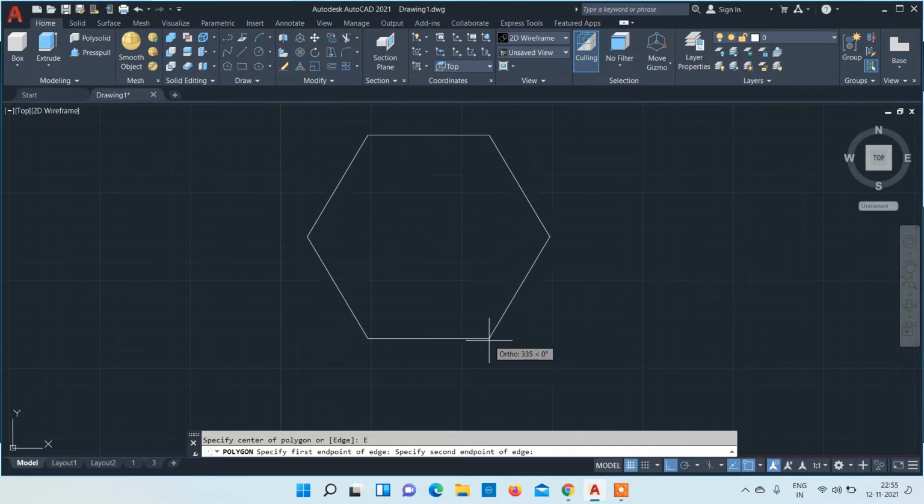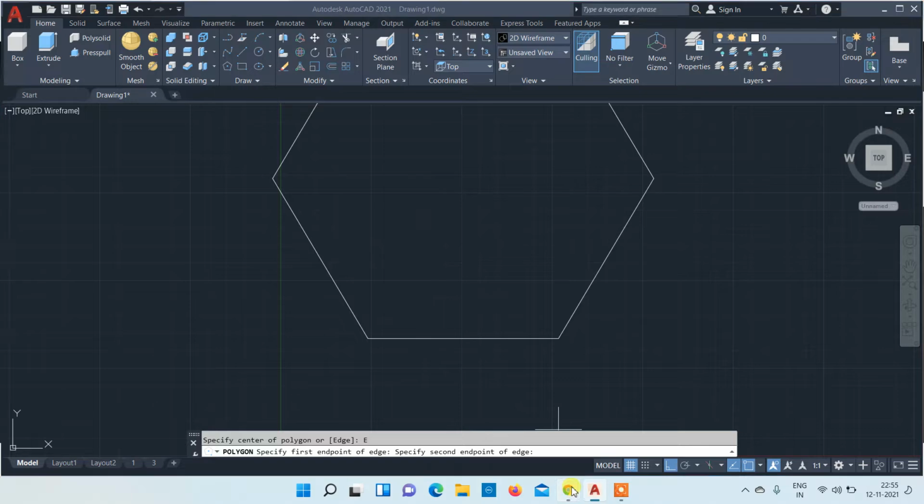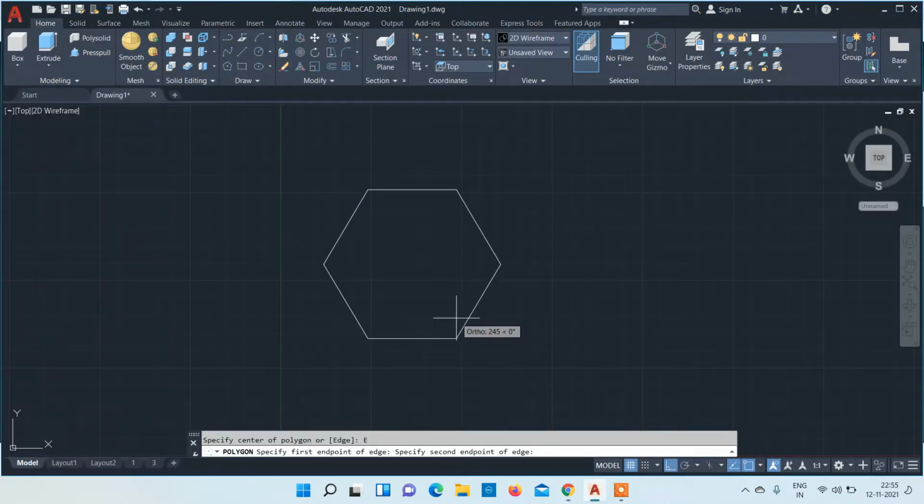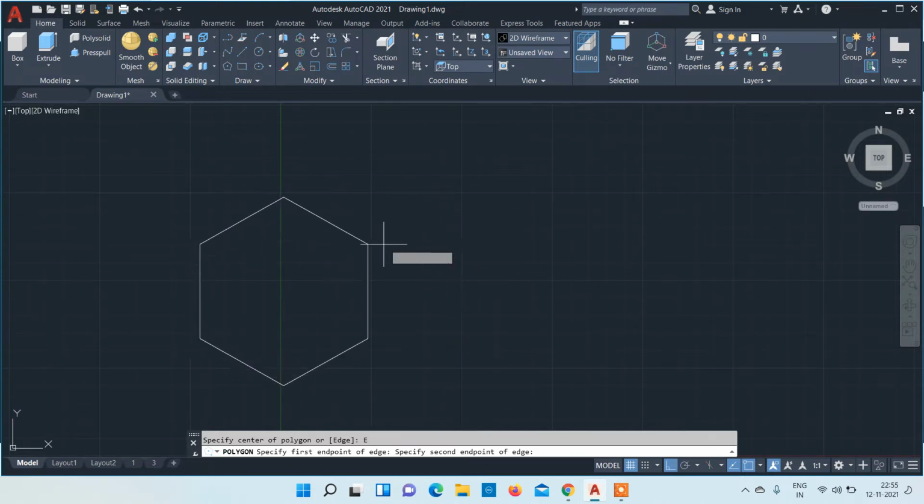One more thing, in this question they have mentioned the base edge is parallel to wall. Parallel to wall means you draw the hexagon like this. If it is perpendicular to wall, then we draw the hexagon like this.